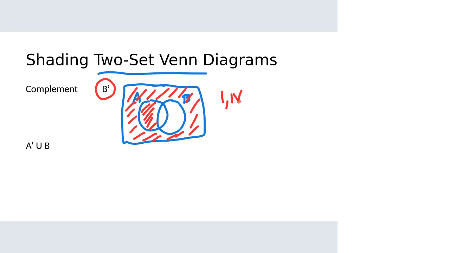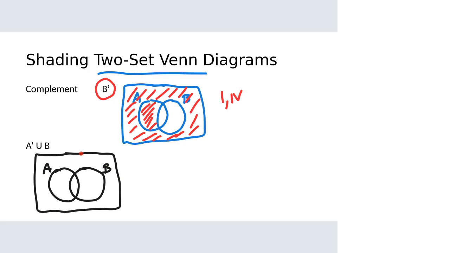All right, now we want to do A complement union B down there at the bottom. A complement union B. So now I've got a complement and a union. This is the most complex shading we've done so far. We'll start out with just a two-set Venn diagram that's A and B with the universal set. And I'm supposed to shade A complement union B. So I'm going to start out just by shading A complement. That's everything outside of A,